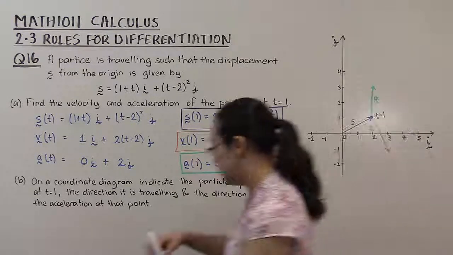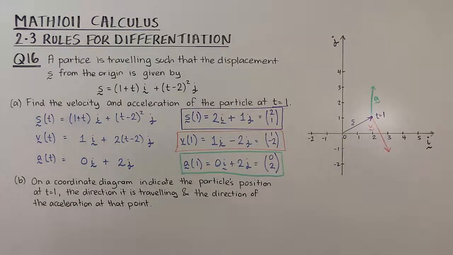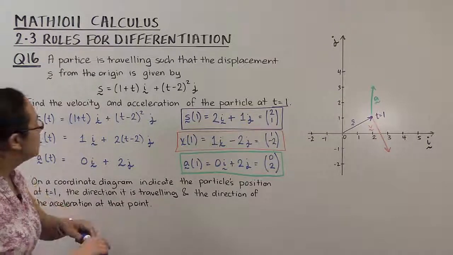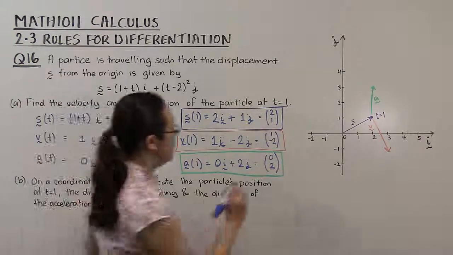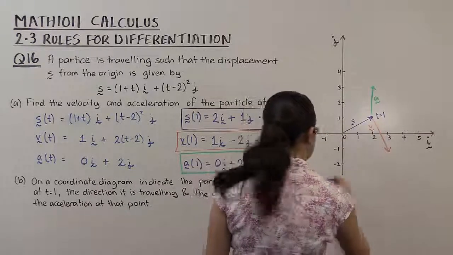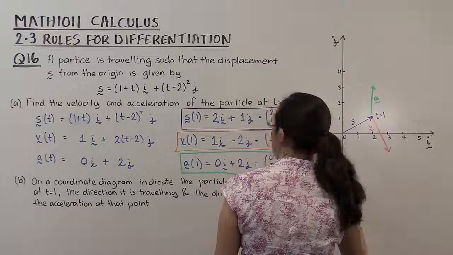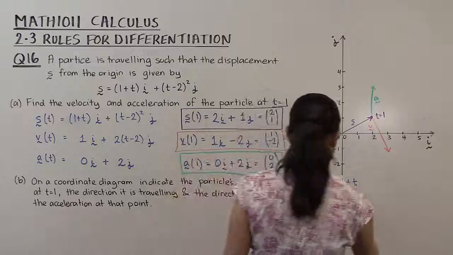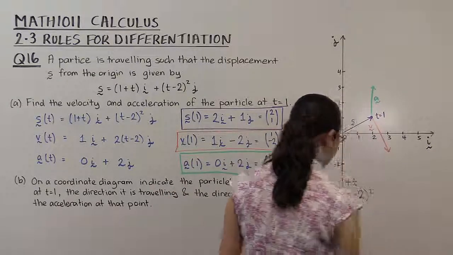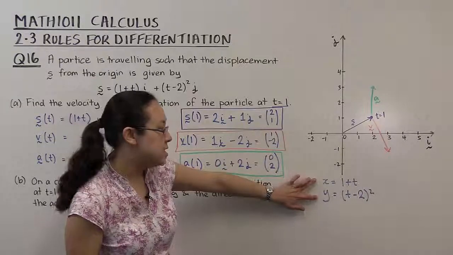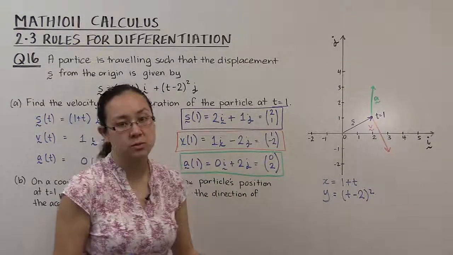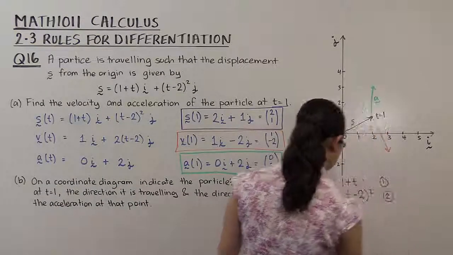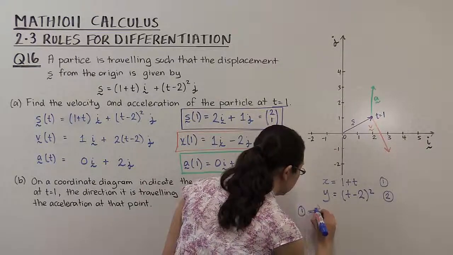Now, we can make a little bit more sense, I think, of the diagram if we work out the Cartesian equation of the path that the particle is travelling in. So let's do that. So here, I guess the x-coordinate, the i direction, is given by 1 plus t. And the j direction, or the y-coordinate, is given by (t minus 2) all squared. We can eliminate the parameter t, and we can see the path in terms of x and y that the particle is travelling in. So if I make t the subject in the first one,